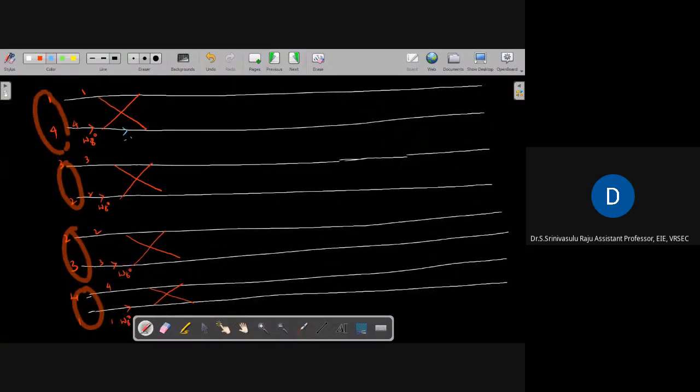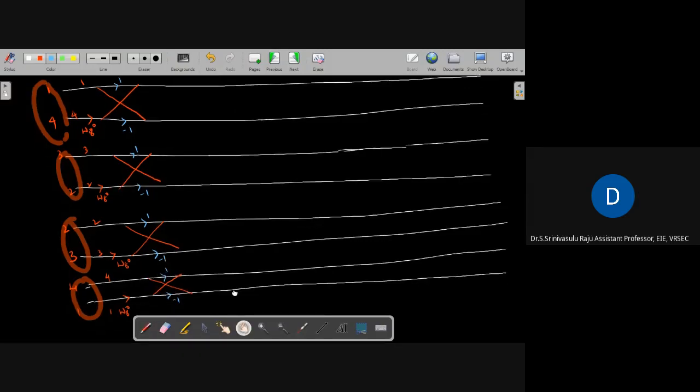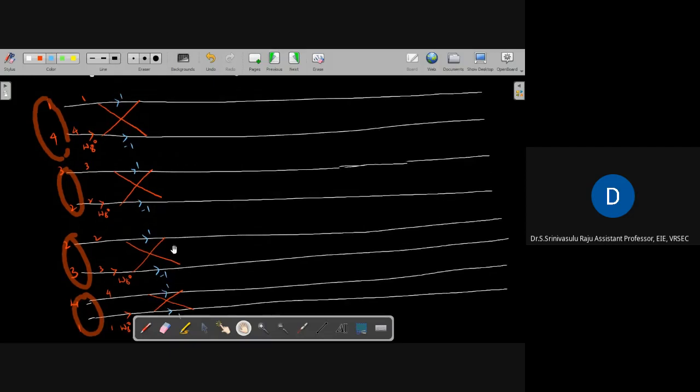So here we have the minus 1 and we have a plus 1. So plus 1 and minus 1. Plus 1, minus 1. Plus 1 and minus 1. Okay, ma, is it clear now? Until this one is clear.